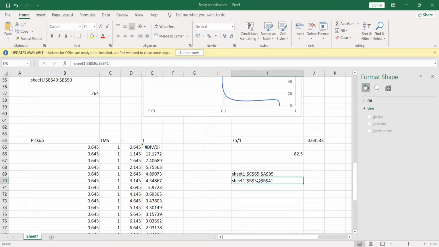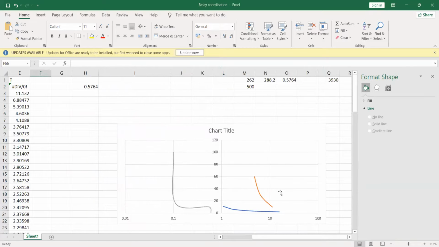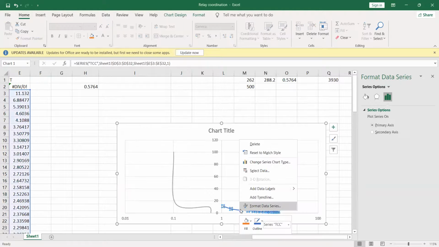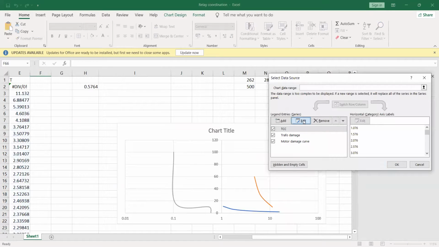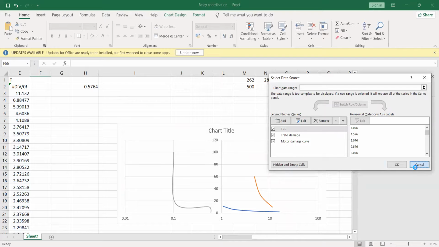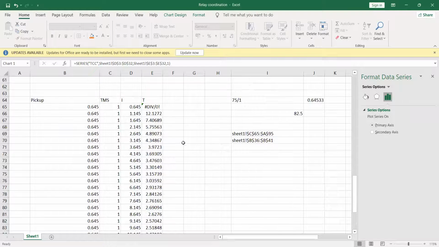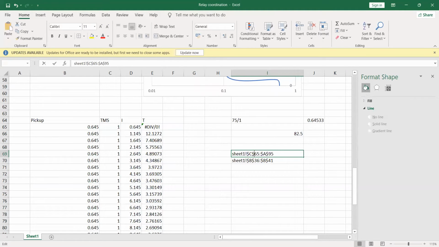Okay, the X-axis is D and the Y-axis is E. X is D, Y is E. So the same way I will add here, X-axis is D, Y-axis is E.